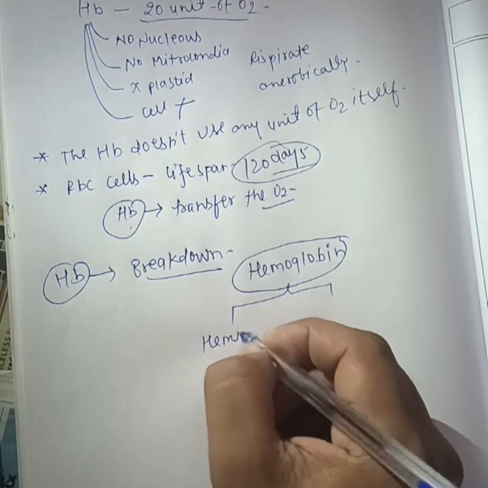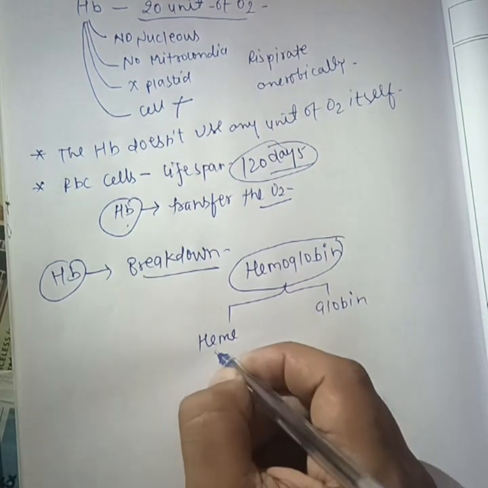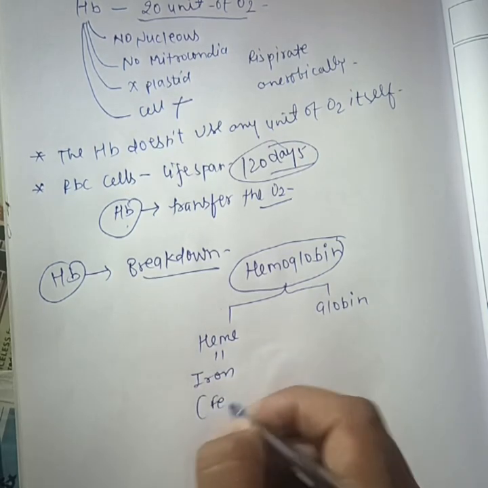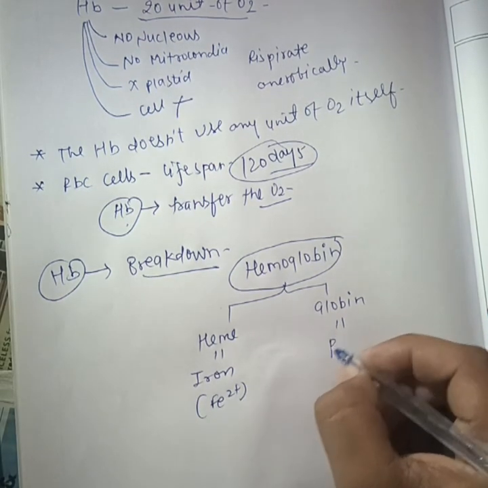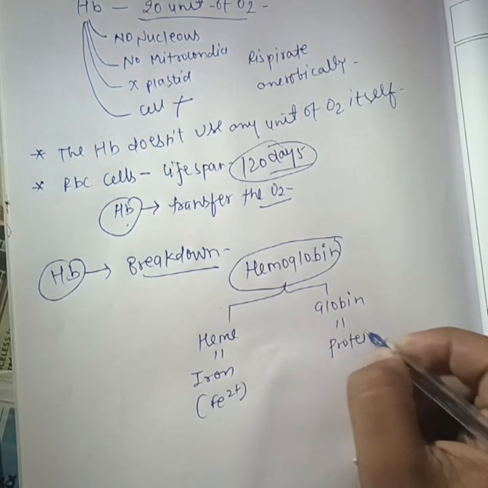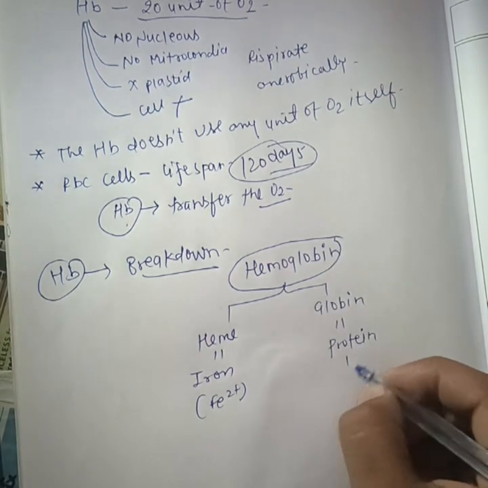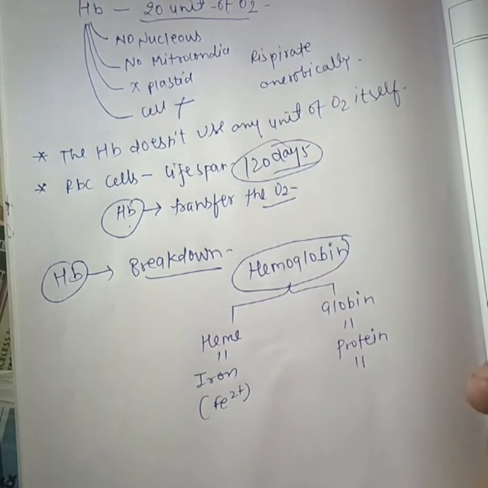One is heme and one is globin. The word heme refers to the iron in the ferrous condition, Fe2 plus, and the globin is a protein which will help further in the process of